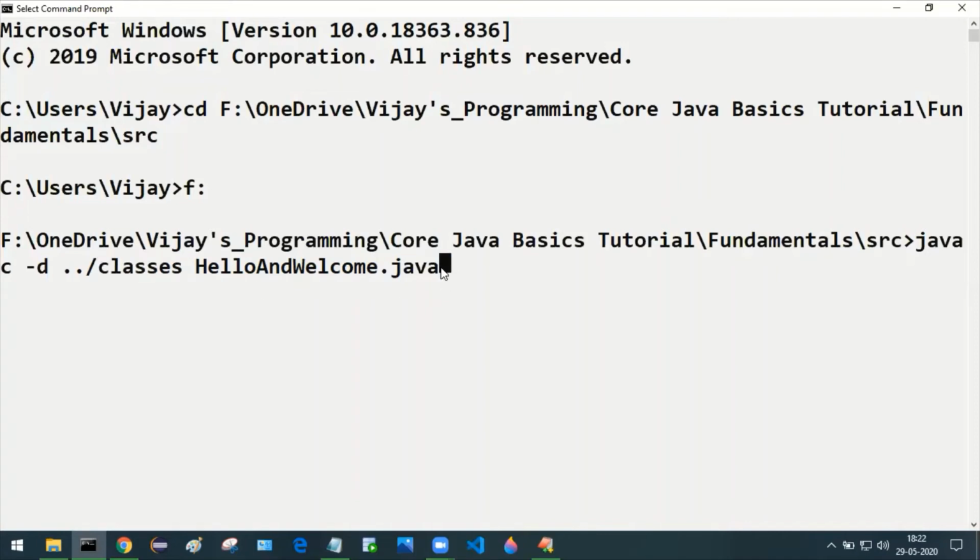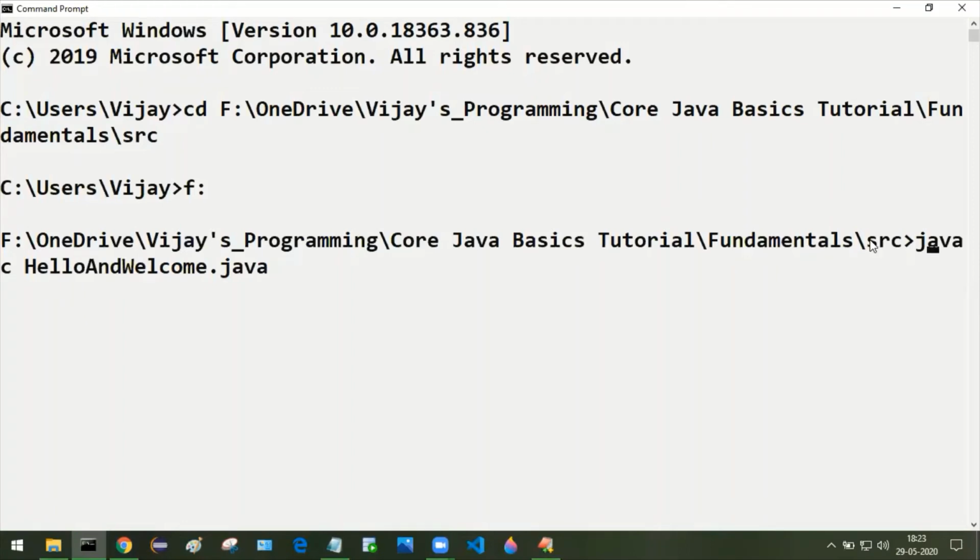For organizing purposes, we could also trigger this command without giving any -d or double dot /classes, that is, javac space hello and welcome. What happens here? Observe, if I give it like this, it will compile, and the generated dot class file will be kept inside the src itself.